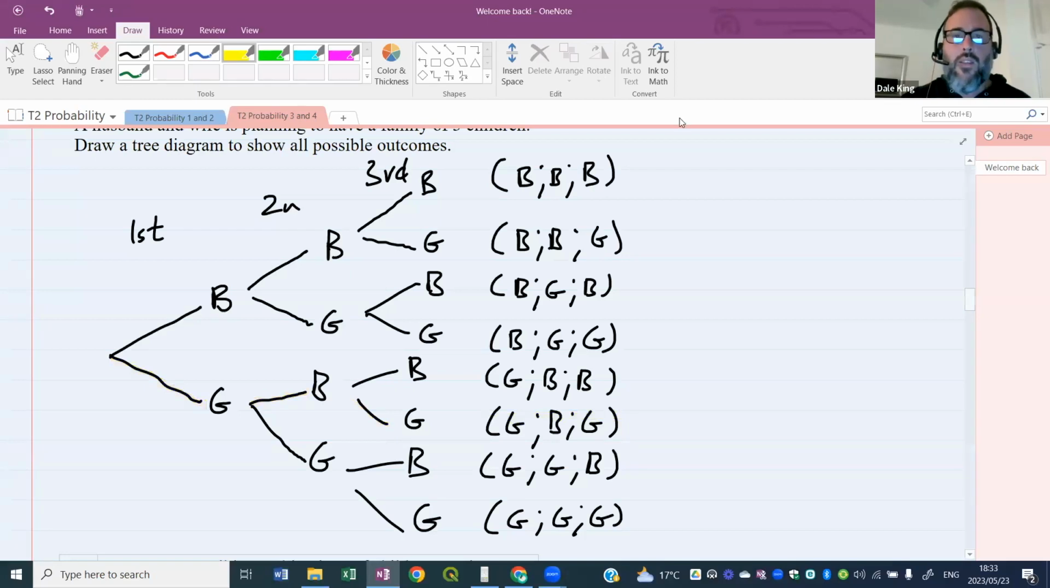Okay. All right. You should have something like that. If it's a little bit different, check why. And then the next time you do it, I promise you it'll be a little bit easier. Okay. Now that we have the tree diagram, I'm going to copy this